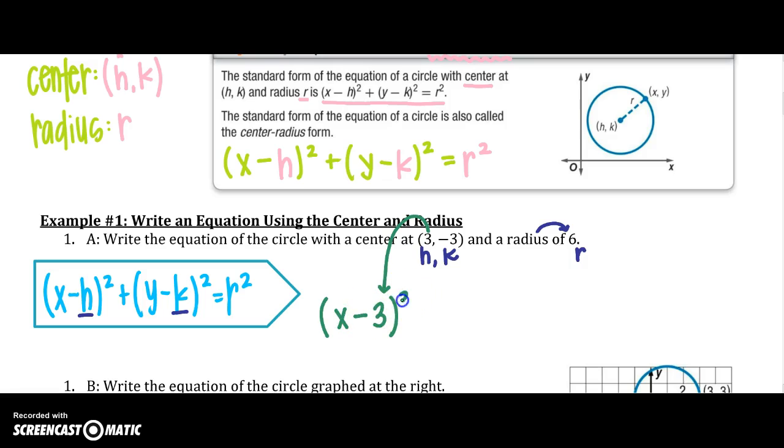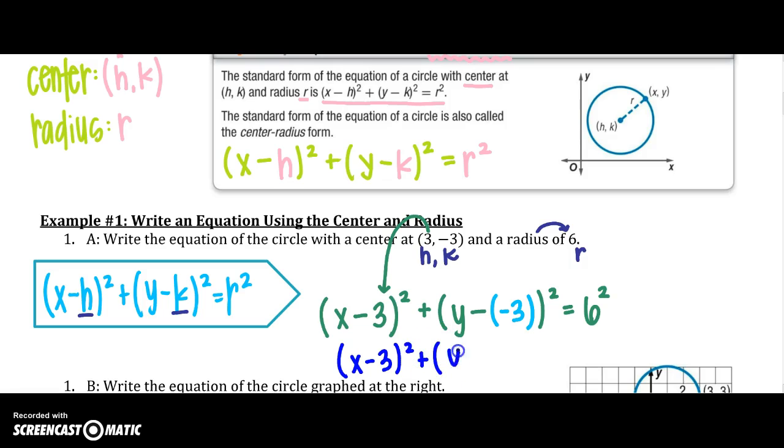Our negative stays the same, plus y minus k squared equals r squared. So to simplify that, I'm going to say (x minus 3) squared plus (y plus 3) squared